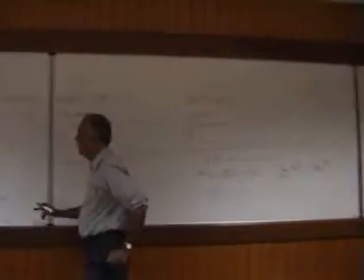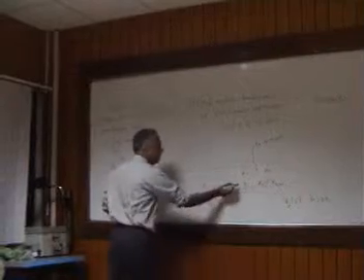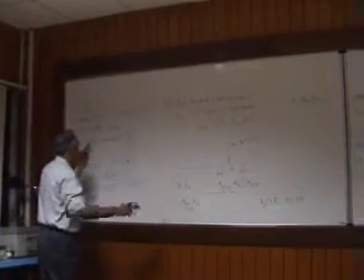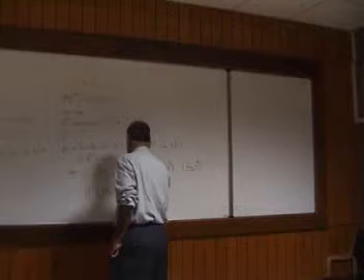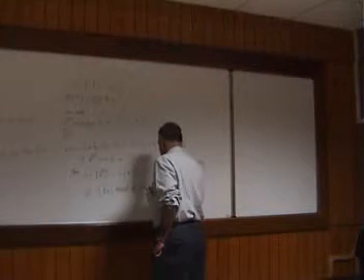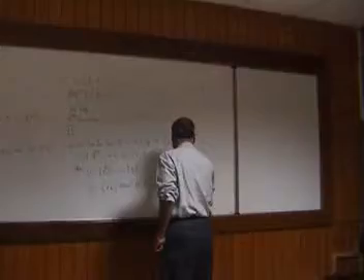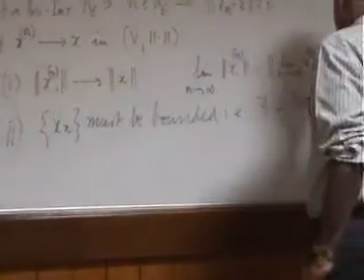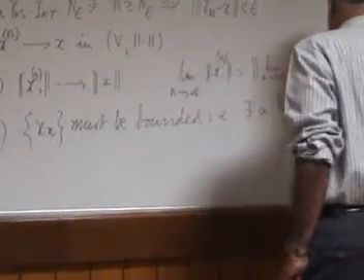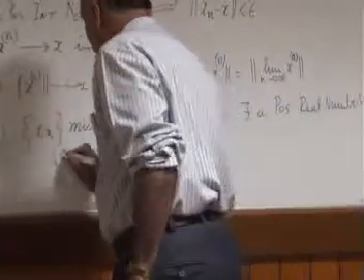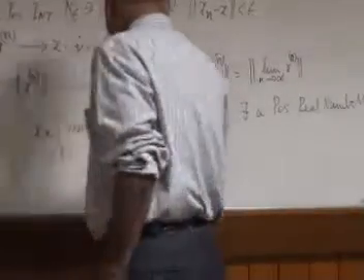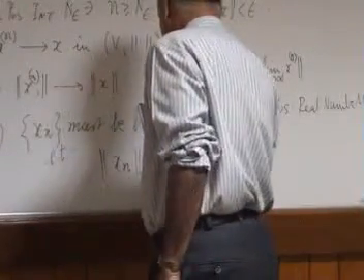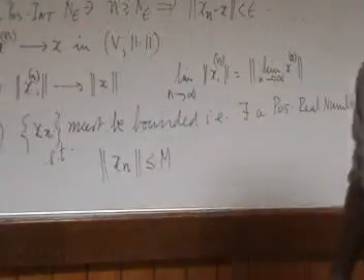the same story. Exactly the same story repeats, only at this stage you have to copy that exactly. Where was that? Xn must be bounded. What does that mean? Xn must be bounded. That is, there exists a positive real number m such that, now what? The norm of Xn is less than m. Okay.